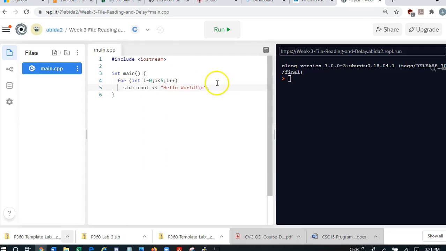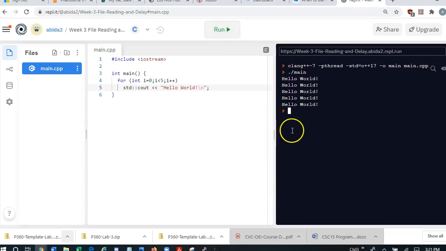I'm just going to indent this a little bit. So this is a count-controlled loop, and this says hello world 5 times, right? Remember that if you start at 0, you must end at less than 5. Now I can change this, for example, if I do not know how many times I would like to write hello world,